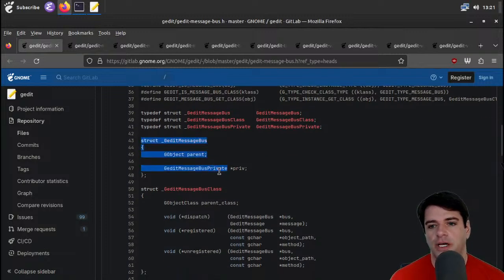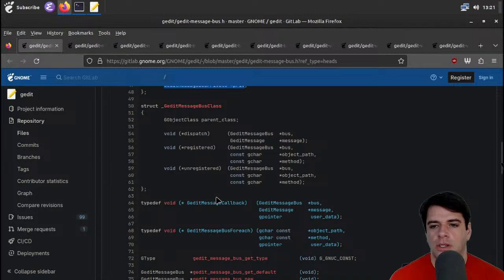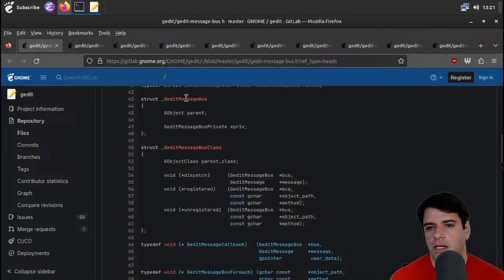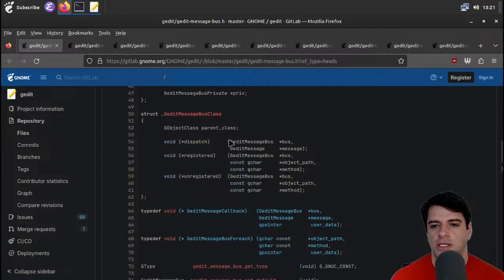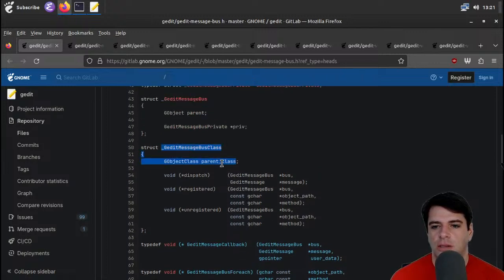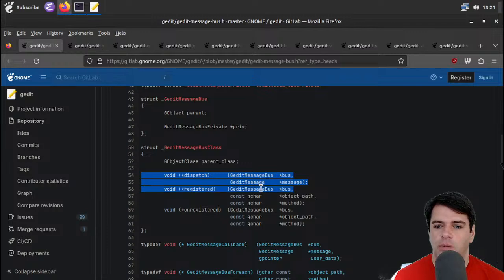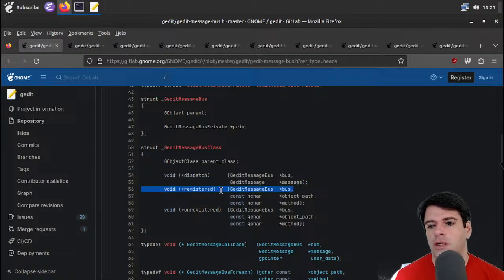The message bus struct just has a parent and this private object. This is the pattern we've seen throughout, that there's essentially a private implementation that's somehow hidden, and then the public object, I guess, has the ability to get the private implementation. And the message bus class has a parent class. I'm not sure what you're going to use for the parent class, but we have the ability to dispatch a message, which will take a reference to the bus, and the message, I guess, to dispatch. And registered,